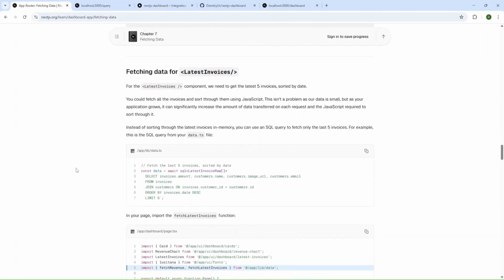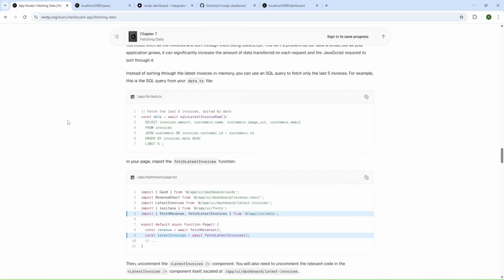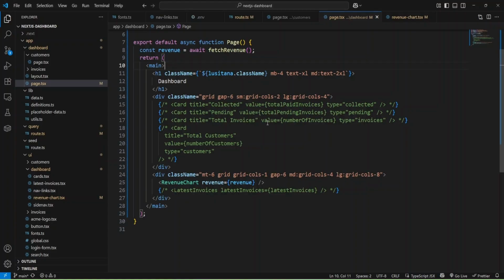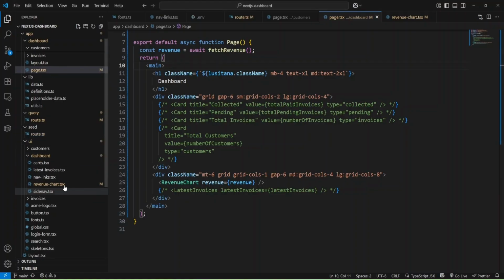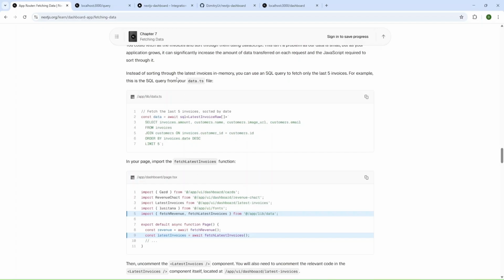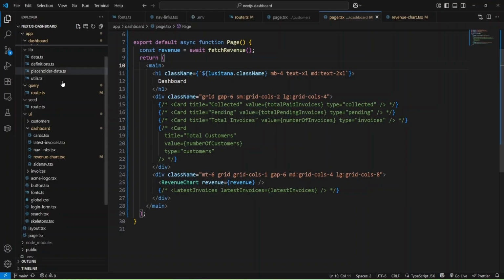Fetching data for latest invoices. For latest invoices, we need to get the latest 5 invoices sorted by date. Inside the lib data file, we have this function, and let's check it.